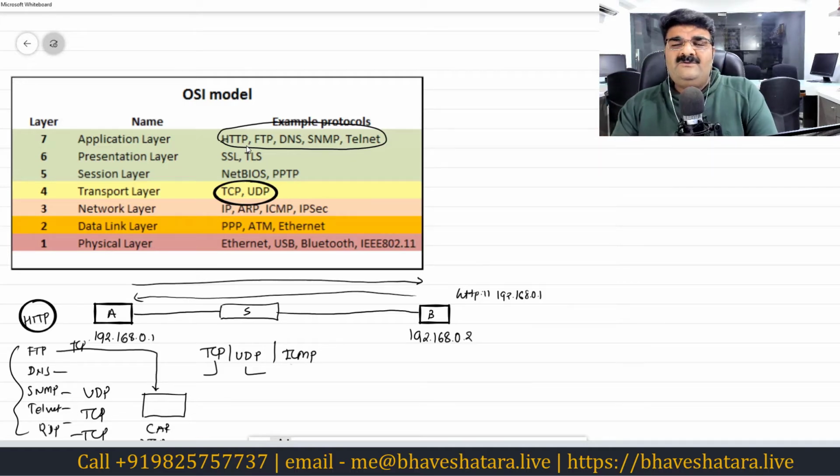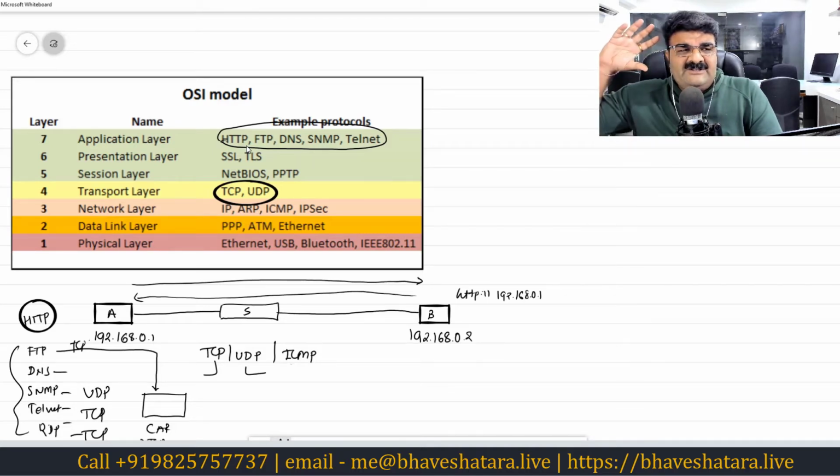So you can imagine the internet as a network where all the packets are traveling, and if you catch any packet, it can be TCP, UDP, or ICMP, because these three protocols are basically the communication system of the internet.